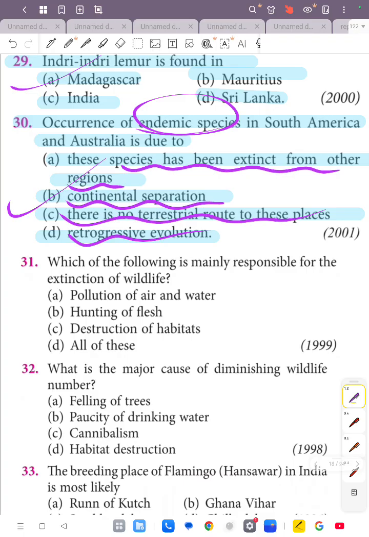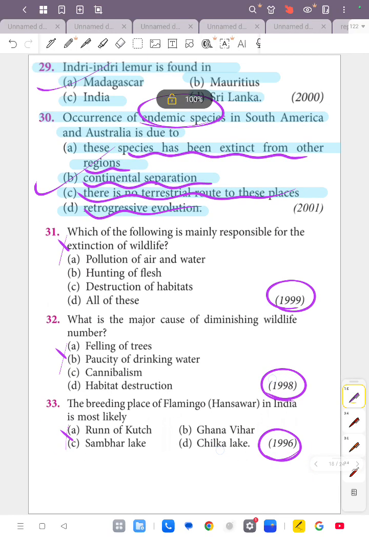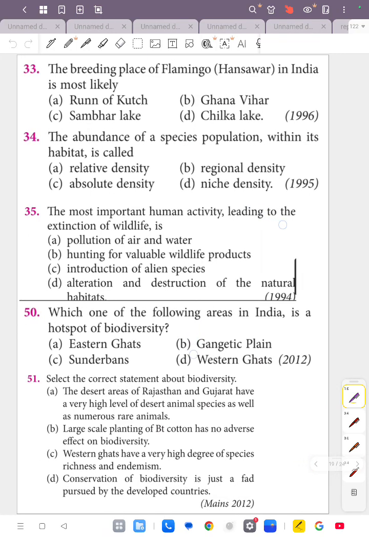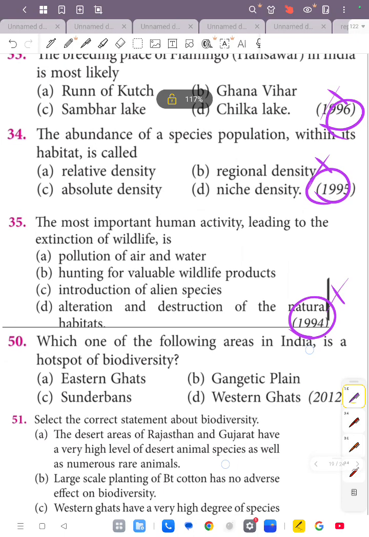Moving on to questions. Now see, this is from 1999, and we're going to restrain ourselves from solving this. We'll not go beyond 2000, don't worry. 1996, we won't solve this either. Alright, question from